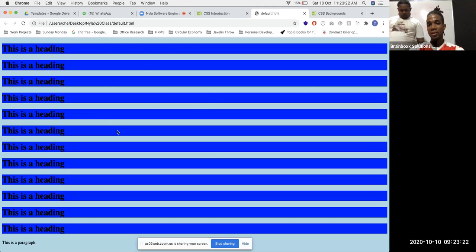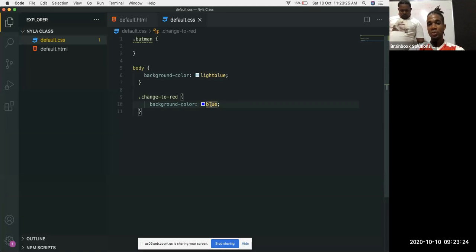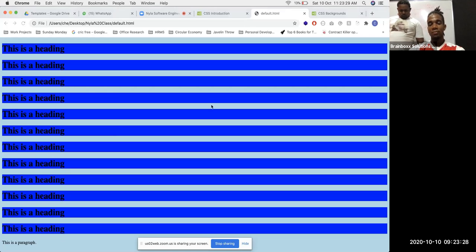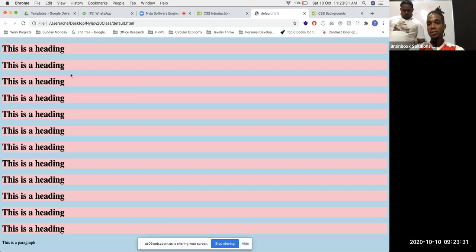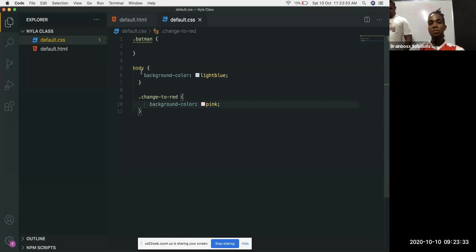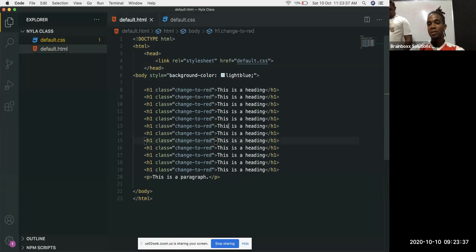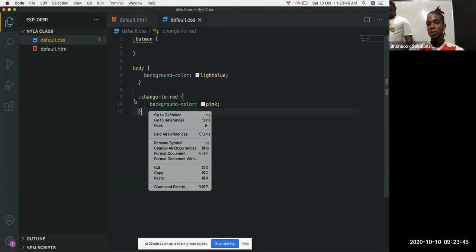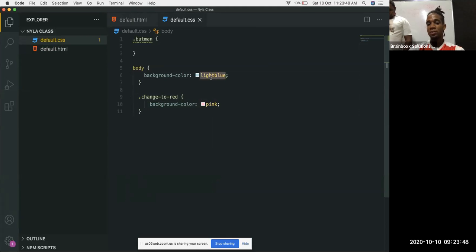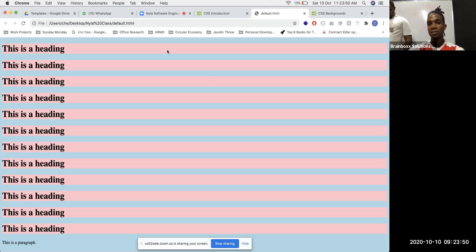Right, so the color is applied. I want to change to pink. Save, color is applied. See? So the idea, we change it once and it's being duplicated across the HTML file. So instead of calling style and having to change them individually, that's why the referencing is so important. You have one class, everybody subscribes to, which is changed to red. If you want to change this back to black, or change to black,